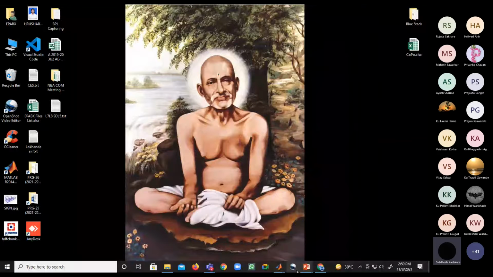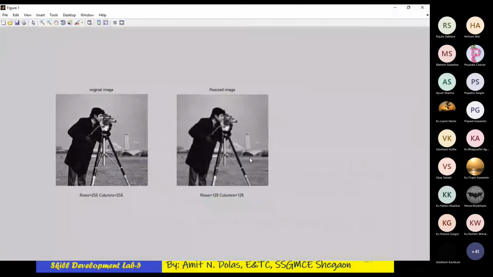Visually it is visible, not a tough question. Which image is better? The first one, because the second is 50% compressed or reduced. So in that case, what happened? Some of the pixel information is omitted. That's why it is somewhat blurred. You can see it is not as clear as the original image.